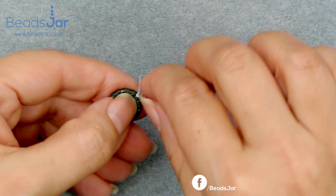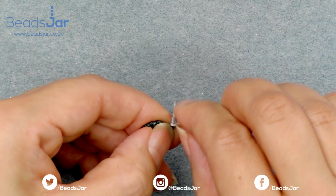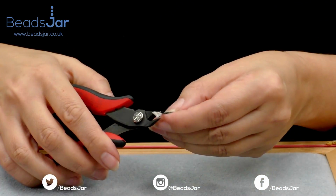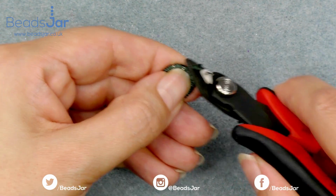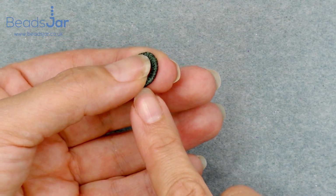the washer. I've got a little bit of sellotape on here, so I'm going to peel it off. So this is one that I did earlier on just to create the piece so you can see. I'm just going to cut off the little end bits, and then we have a complete washer covered in